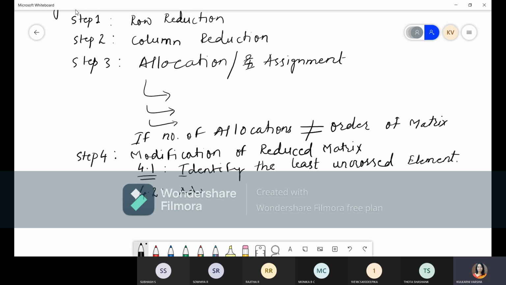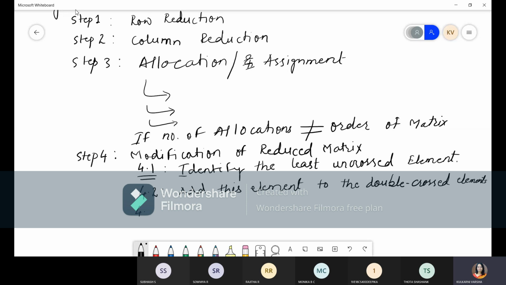Now add that element which we have identified to the double crossed elements. So whatever element we have found, which is the least one, which is not crossed anywhere, we have to add that element to all the double crossed elements. Okay, so this we will do.